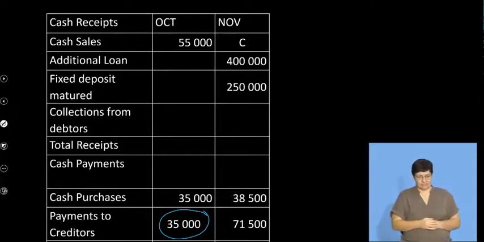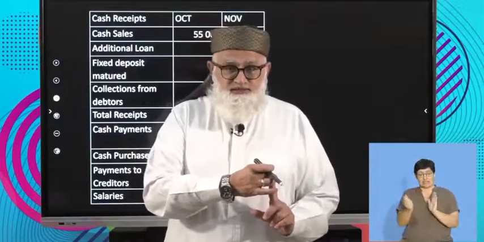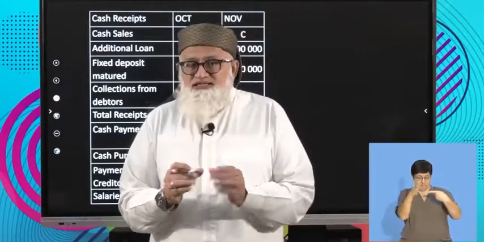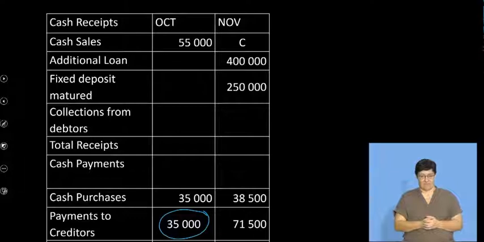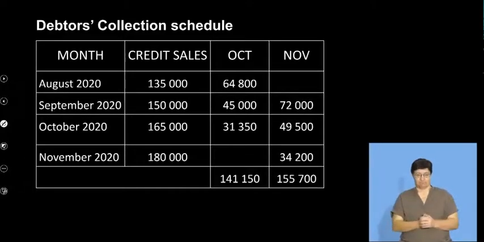So once again, let's recap. When you're working out your credit purchases, step number one, take your total sales figure. Calculate your cost of sales. Once you have your cost of sales, you split it up into cash purchases and credit purchases. Your credit purchases will determine how you pay your creditors. Okay, moving on. Now we have to calculate,